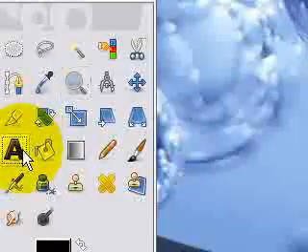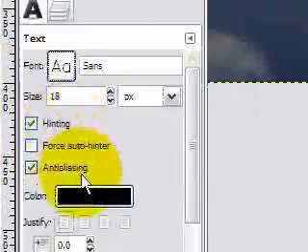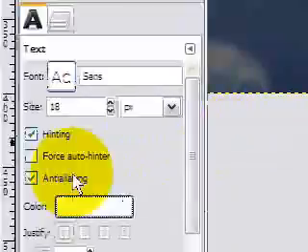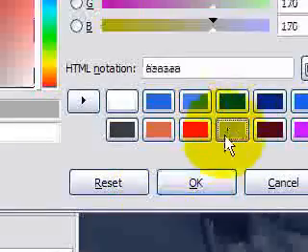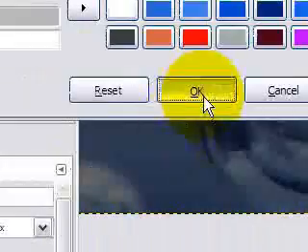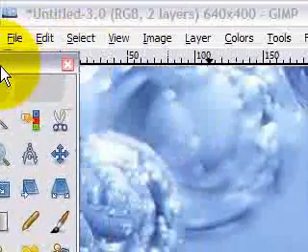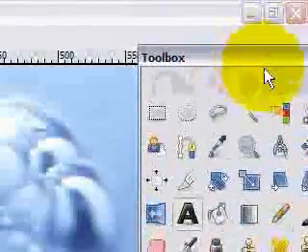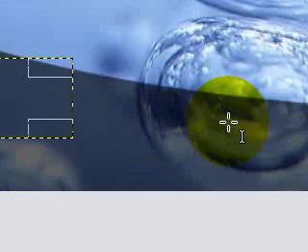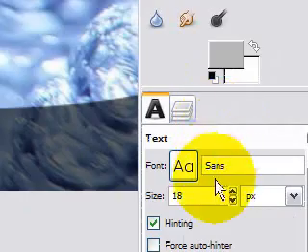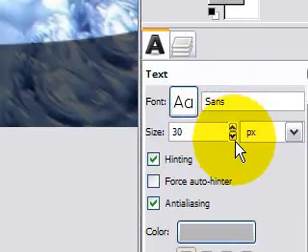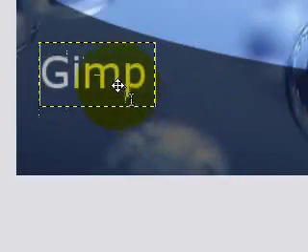Now zoom in and use the text tool with the color as white or any color you want. I'm going to use a bit of gray. Now here you want to make it look professional, so create a new text box, type in Gimp and click on close. You want to make the size fairly big, about 30,